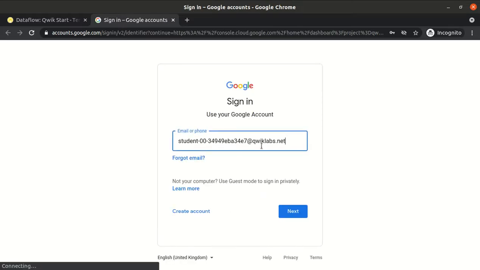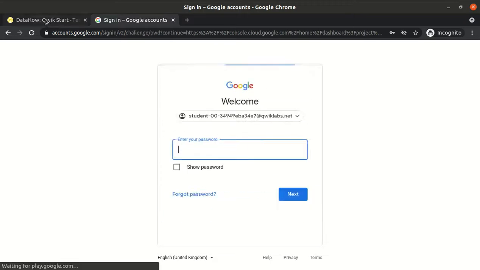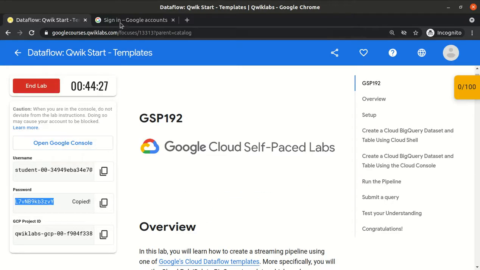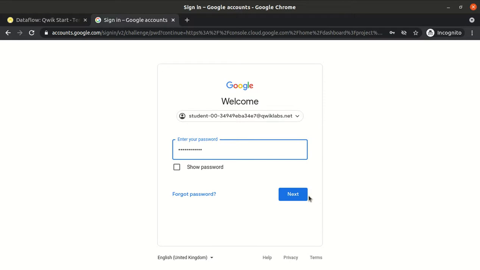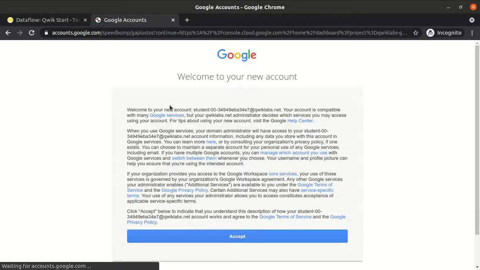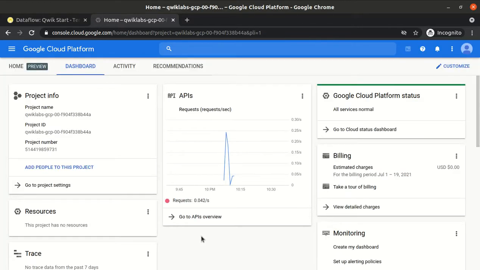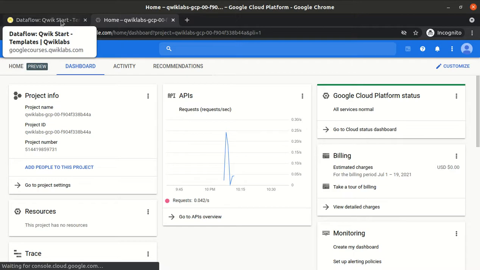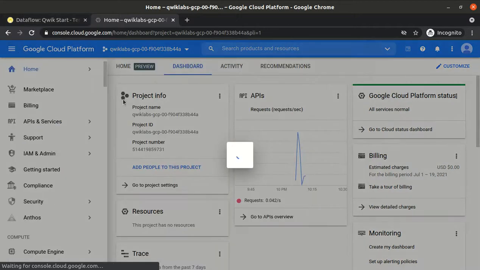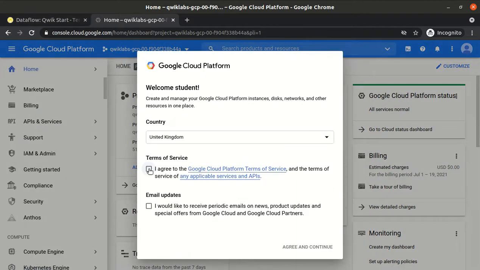These are some basic steps. We'll copy the password, paste the password, click next, accept, and agree to the terms and services.